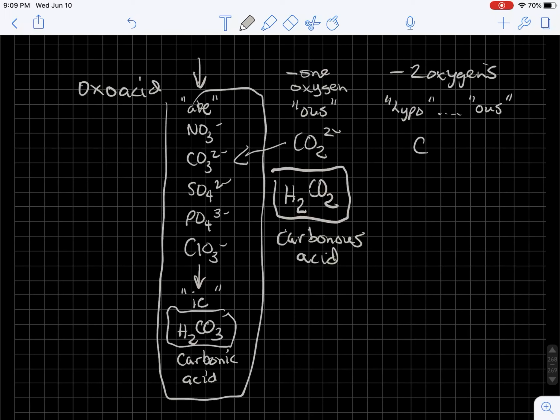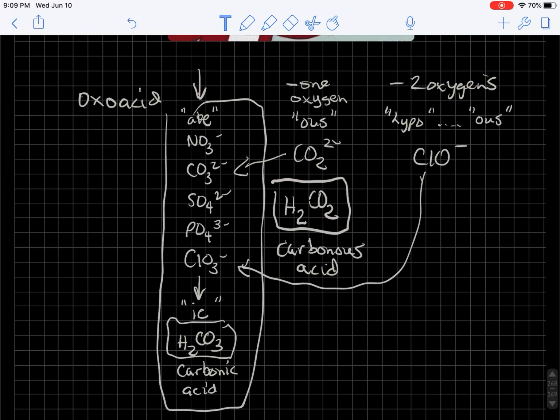So let's say we had the acid that comes from this ion, ClO minus. Well, ClO minus looks suspiciously like ClO3 minus, which is chlorate. So instead of chlorate, it comes from hypochlorite. And so instead of calling it chloric acid, we're going to call it hypochlorous